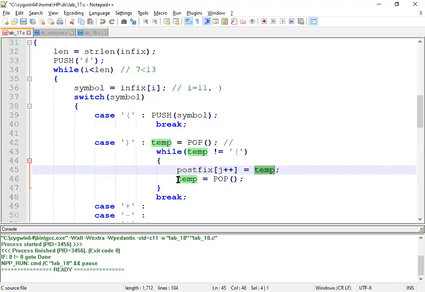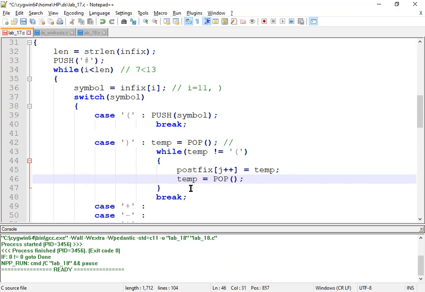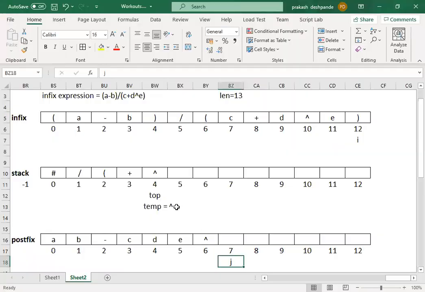The next statement is again to pop the element from the stack. Once we pop, it will return one value. That value will again get stored into temp. Here, in the previous step, when we added, we popped, so this element will be removed from the stack, right? That means top will now be pointing here and this element will not exist.